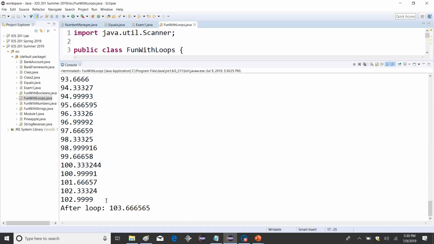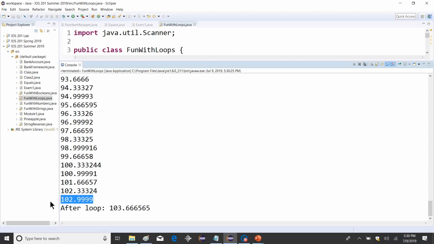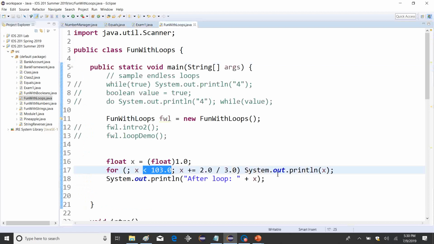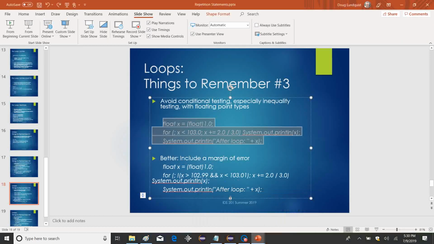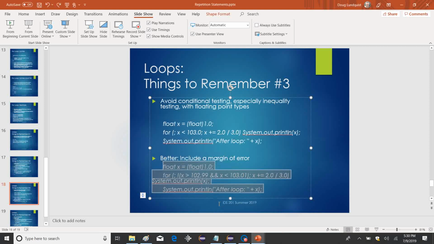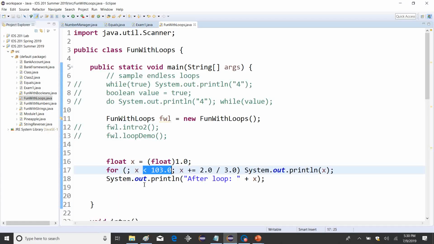Instead, it gets really close, right? There's only a few decimal places here because I have like 7 numbers to actually keep in there. The last one's a 0. So after the loop goes, I get this, which is perhaps not what I intend. So the better way to do it is like this. Use a margin of error. Okay? If you must do this sort of thing,